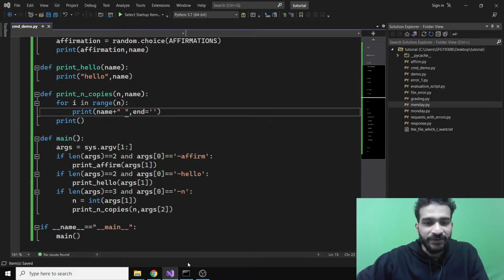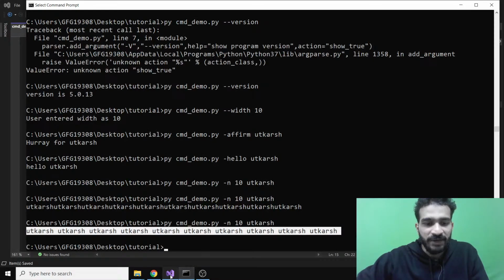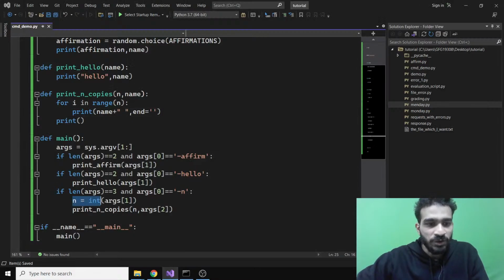Argument 0 is hyphen n. Then store the number of count in n as an integer, because that is a string, and then pass those two things, the name, which is stored in argument 2, and n, into print n copies. Okay, and print n copies will take 2 inputs and then it will just print that name for n number of times. Okay,